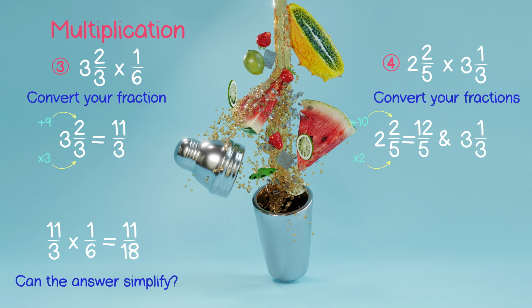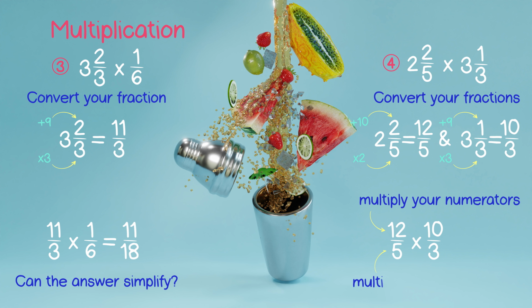We do the same for our second fraction. 3 times 3 is 9, plus the 1 is 10. So 10/3. Now again, we do our last 2 steps. Multiply our numerators and denominators and check to see if it will simplify. So 12 times 10 is 120. 5 times 3 is 15. This gives us